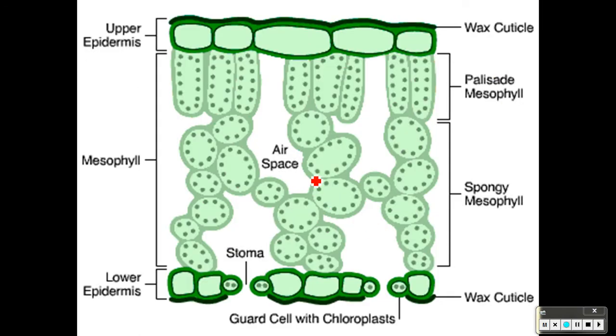Okay, this is a slide that you just need to memorize. Your different layers of your leaf. I do not have what each layer does in a table for you. You need to sit down with your book and put that together. But you have your waxy cuticle, your upper epidermis. Please note, both of these are clear. The only thing that is green are the dots. That is the only stuff that will be green, which means it has chlorophyll in it. These are clear. Your bottom is pretty much clear, and there might be some chlorophyll and chloroplasts in the guard